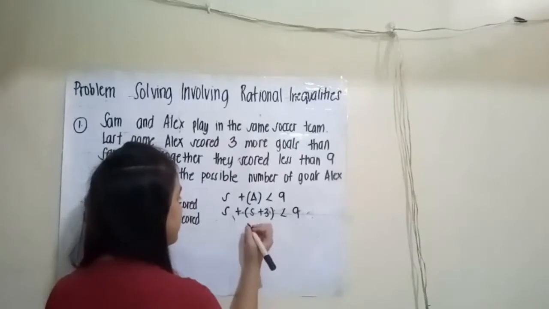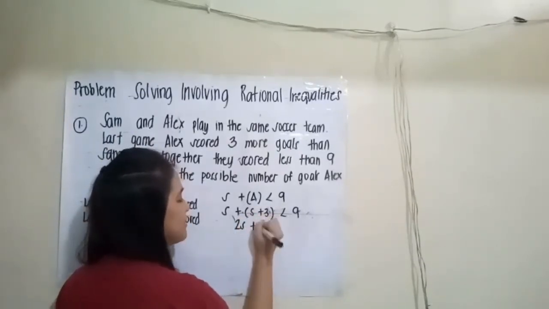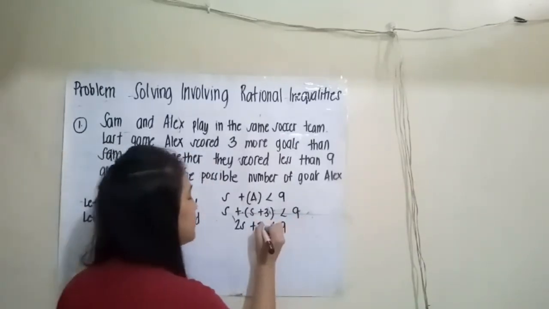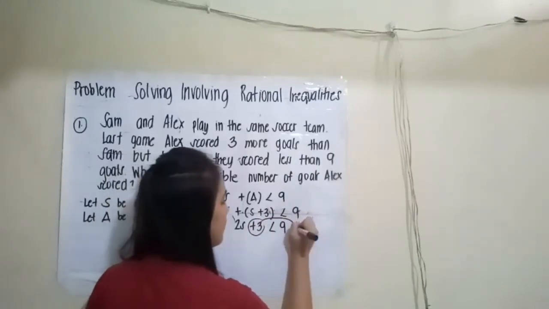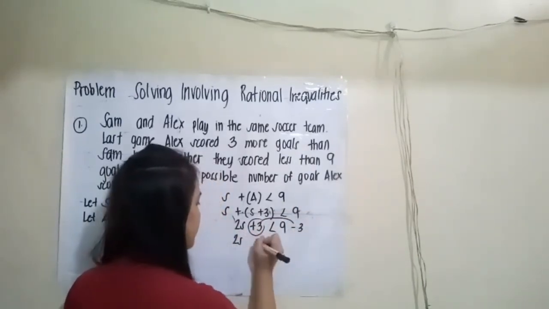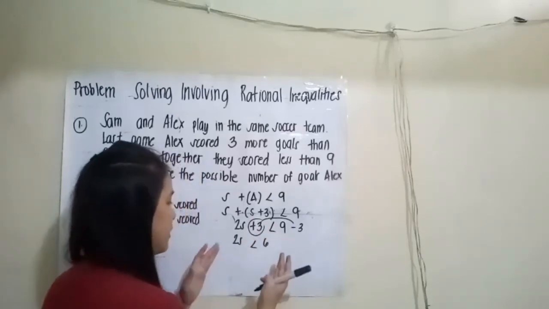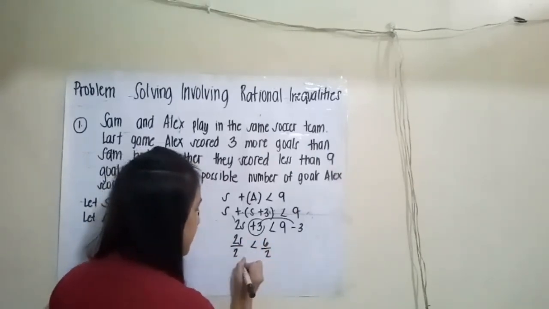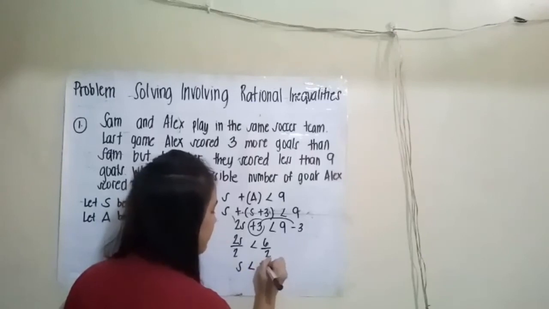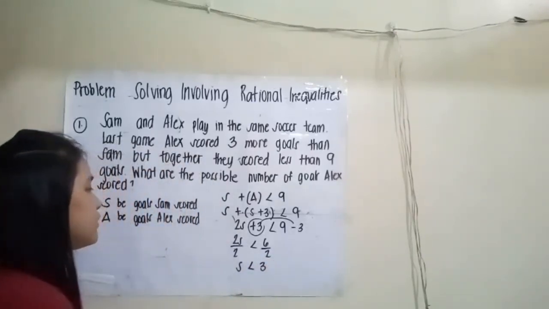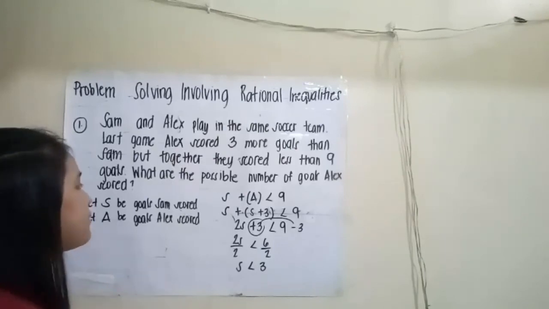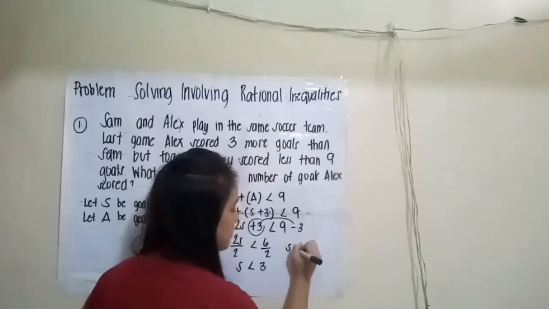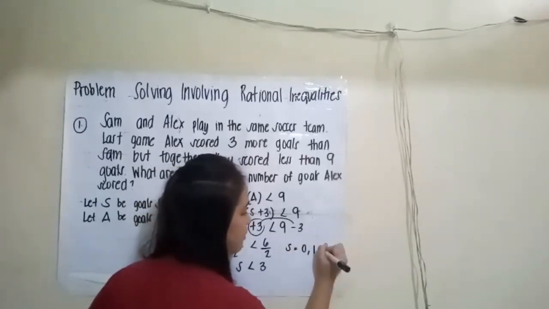Let A be S plus 3, so S plus S plus 3 is less than 9. Simplify, combine like terms, 2s plus 3 is less than 9. Now transpose positive 3. So 2s is less than 6. Divide 2s and 6 by 2. S is less than 3. So, the score of Sam will be 0, 1, or